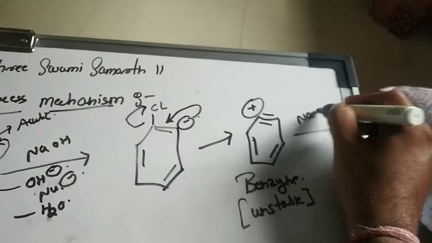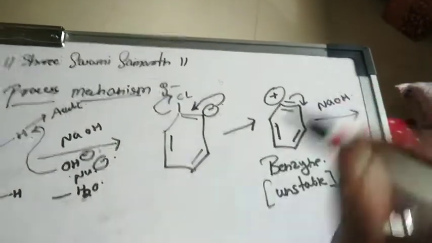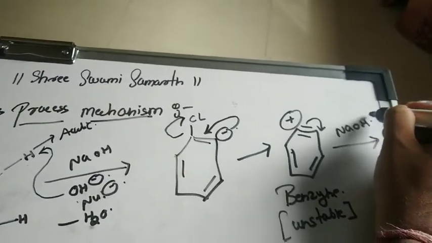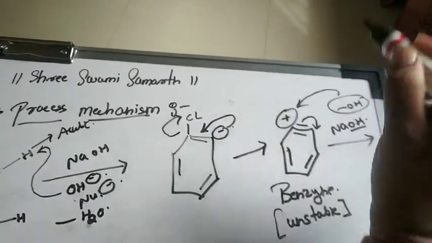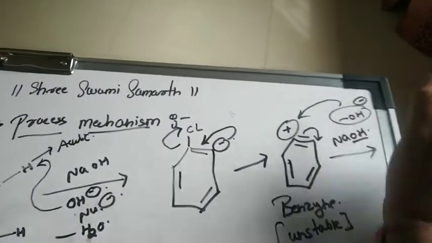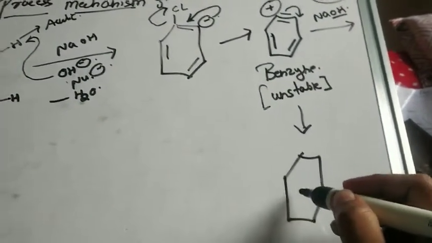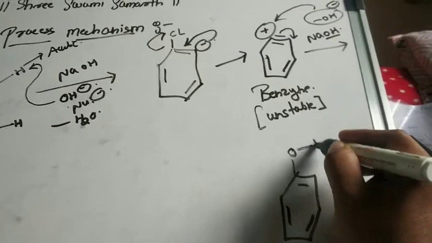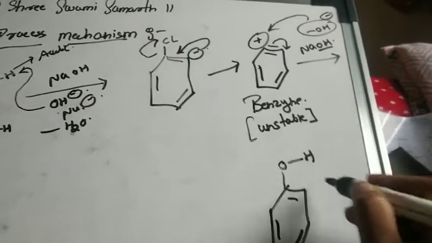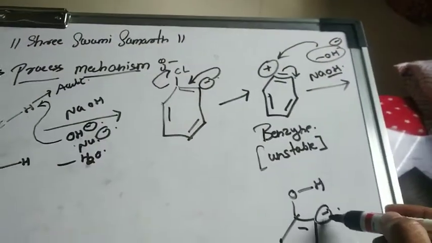Okay, now what will happen? We have one more mole of NaOH. The second unit of NaOH will attack now. Then this will get shifted over here, right? And this OH minus, see, OH minus from this NaOH will attack on this plus charge. What does OH have? It has a minus charge. So minus will attack this plus and you will get the structure like this. See, OH, right, and negative charge. If this shifts back here, then what will happen? The negative charge has come here, see, right?